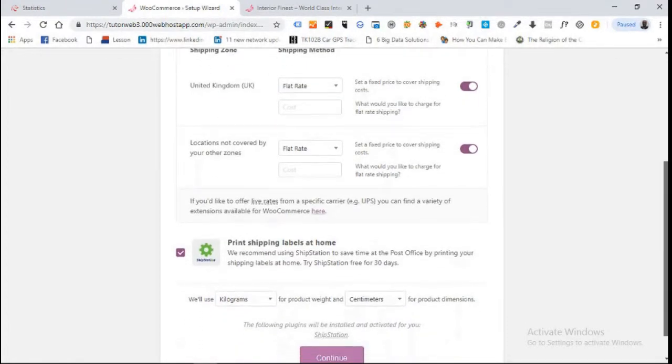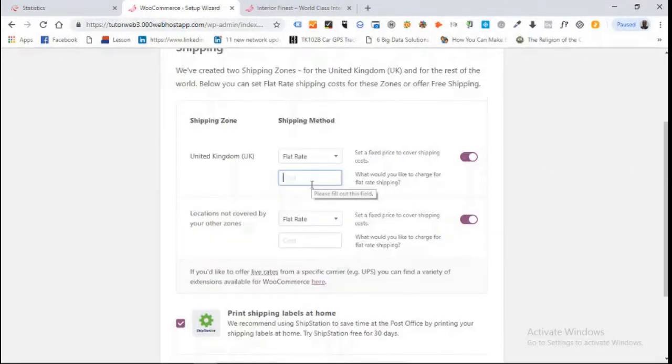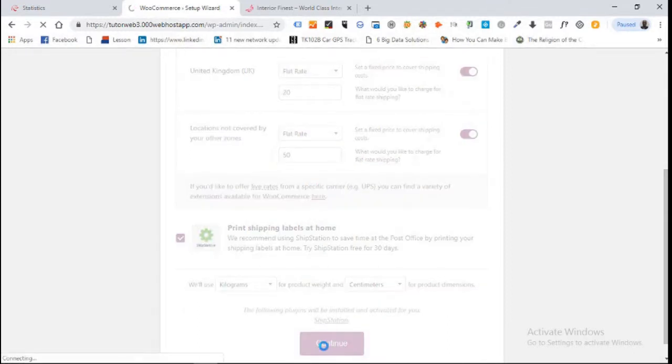Location is not covered by your order zones. Let's leave it at flat rate, and print shipping labels at home. What would you like to charge for flat rate shipping? Let's make it £20. That's quite expensive. And for location not covered by your order zones, the flat rate, let's make it £50, and let's